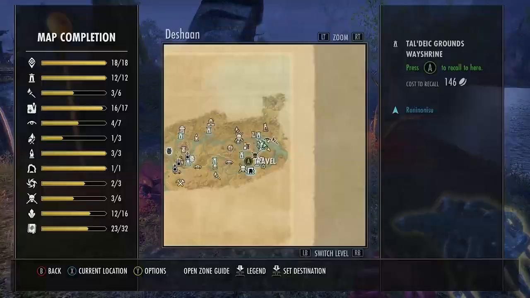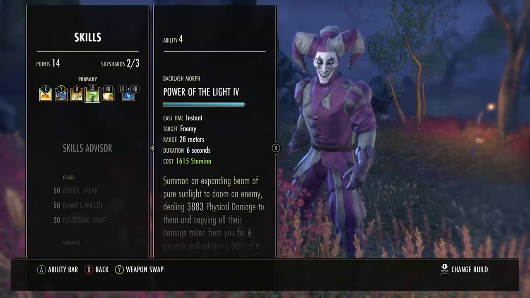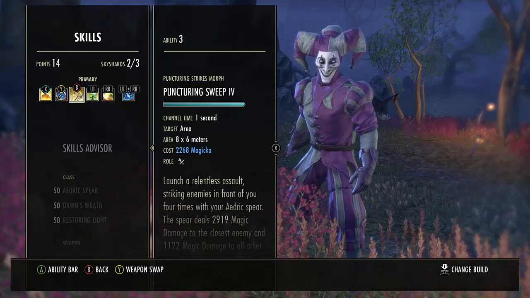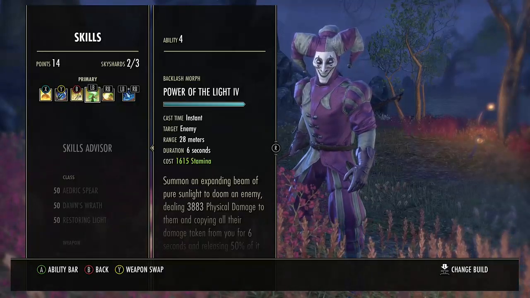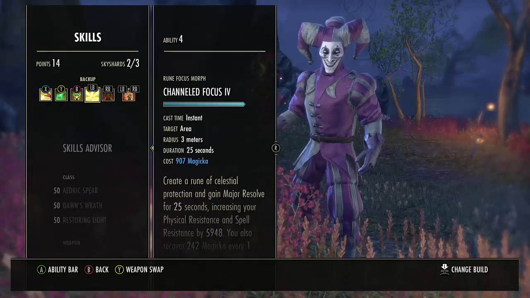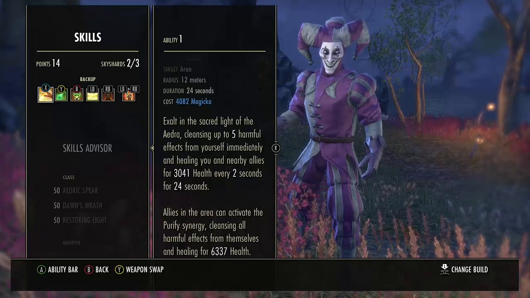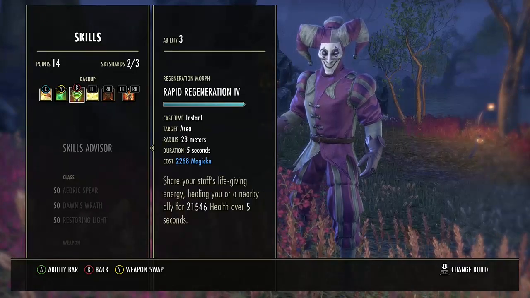Just always make sure that you have... So, under your skills, you always want to start off with elemental drain, and then apply power of the light, and then a light attack, puncturing sweep, light attack, puncturing sweep until that explodes. And then I reapply power of the light because I want that high spell damage. And then once I've reapplied it with that high spell damage, because this is going to scale off of spell damage, I'll drop the heal, I'll drop my rapid, and then I will, because see,